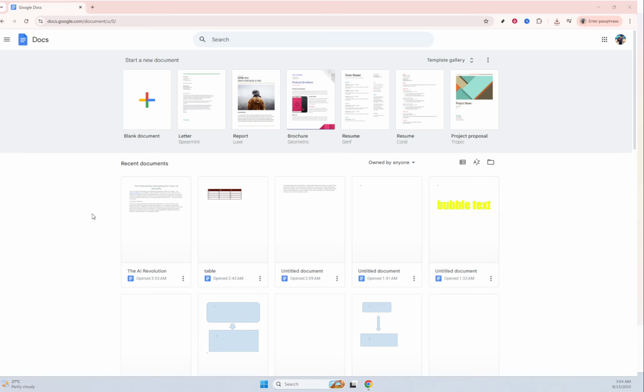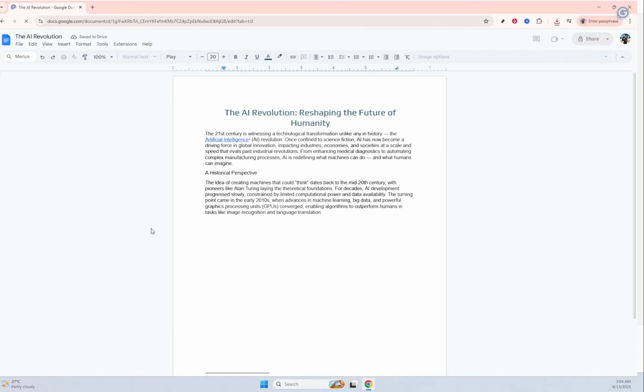First, you'll want to open Google Docs. You can do this by navigating to your internet browser and typing in docs.google.com. Once you're there, you'll need to locate the document you're currently working on or want to edit. If it's a new document, you'll just create a blank one by clicking on the blank icon on the start